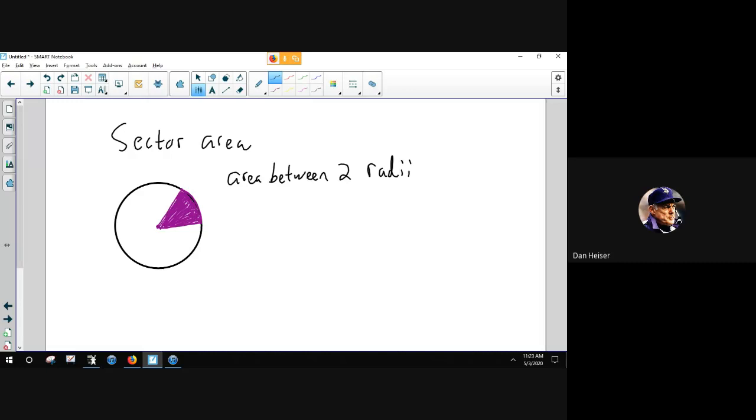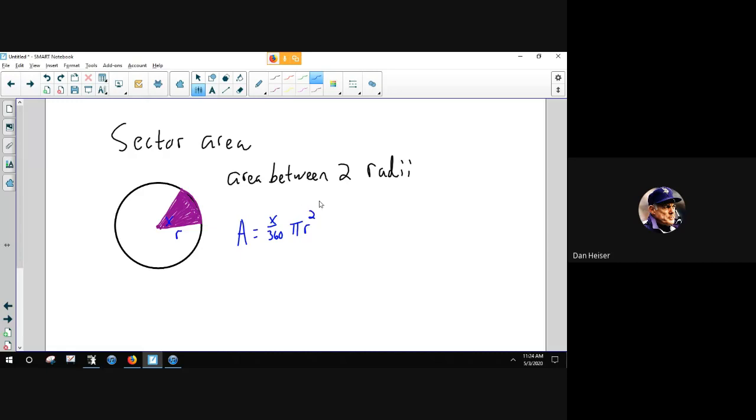Area between two radii. So there's my angle, x. Here's my radius. A sector is a fraction of the entire area. So again, it's simply that fraction of the circle